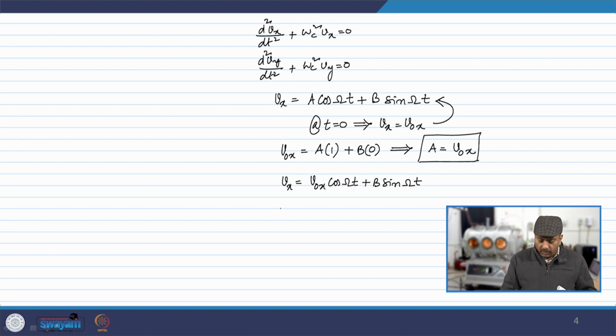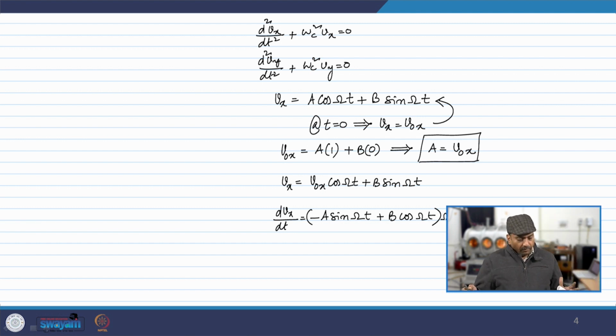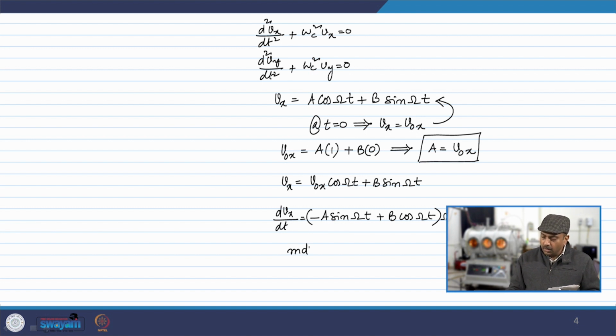Okay. Now, let us say we take dVx by dt. dVx by dt is minus a sin omega t plus b cos omega t, multiplied by omega. Fine. Now, from the earlier equation, we know that m dVx by dt is q Vy b. How did I get this? This is simply the